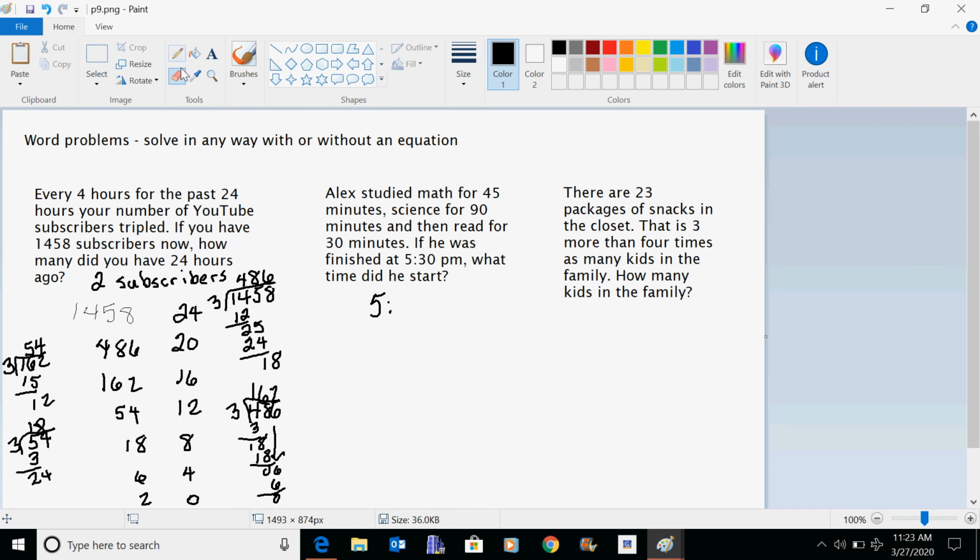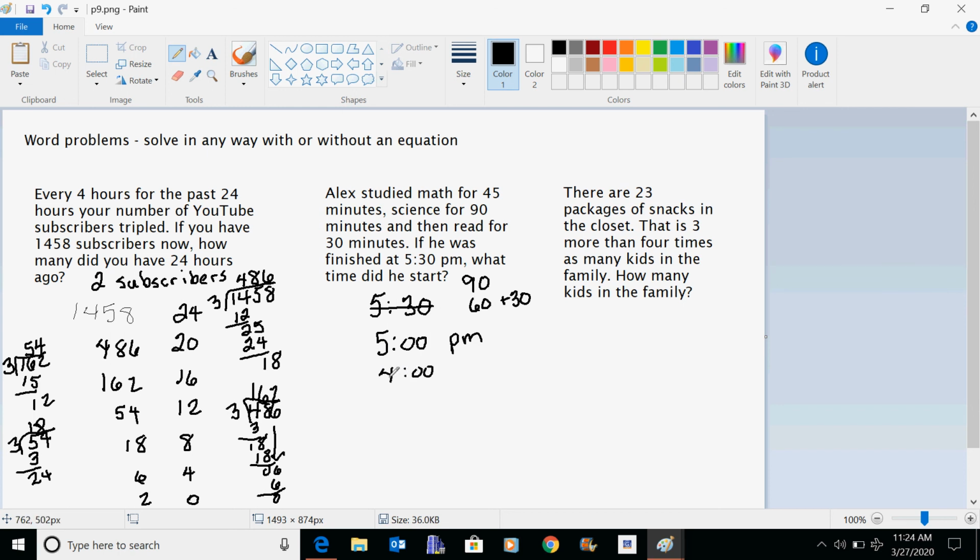And before that, they were reading. So you would take 30 minutes away from that, and that would take you back to 5 o'clock p.m. They did science for 90 minutes. Okay, so 90 minutes, well, that's more than an hour, isn't it? 90 minutes is 60 minutes, which is 1 hour, and another 30 minutes. This is a logic type of thing. So what that does is it takes you back to 4 o'clock,